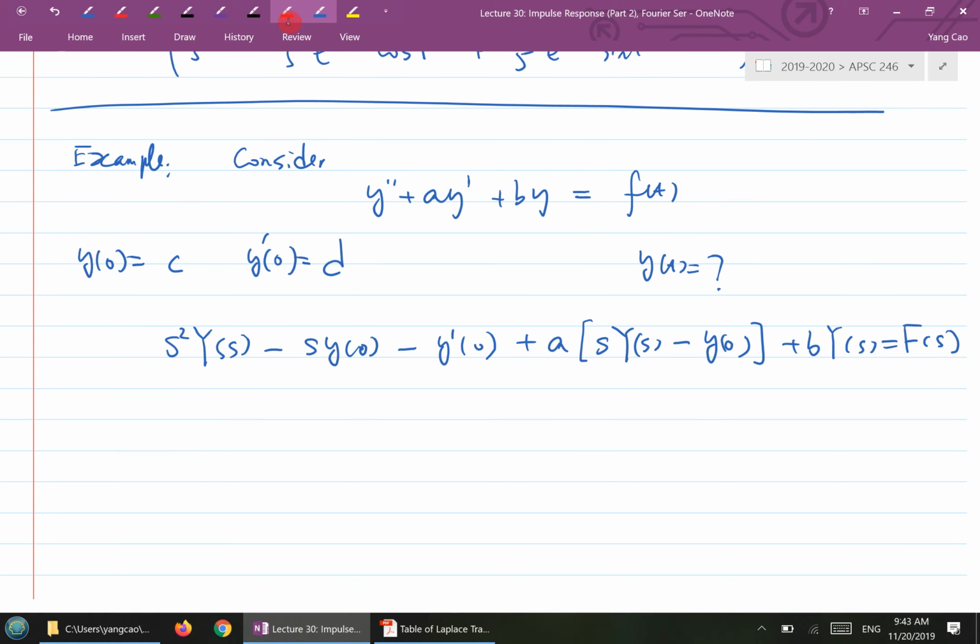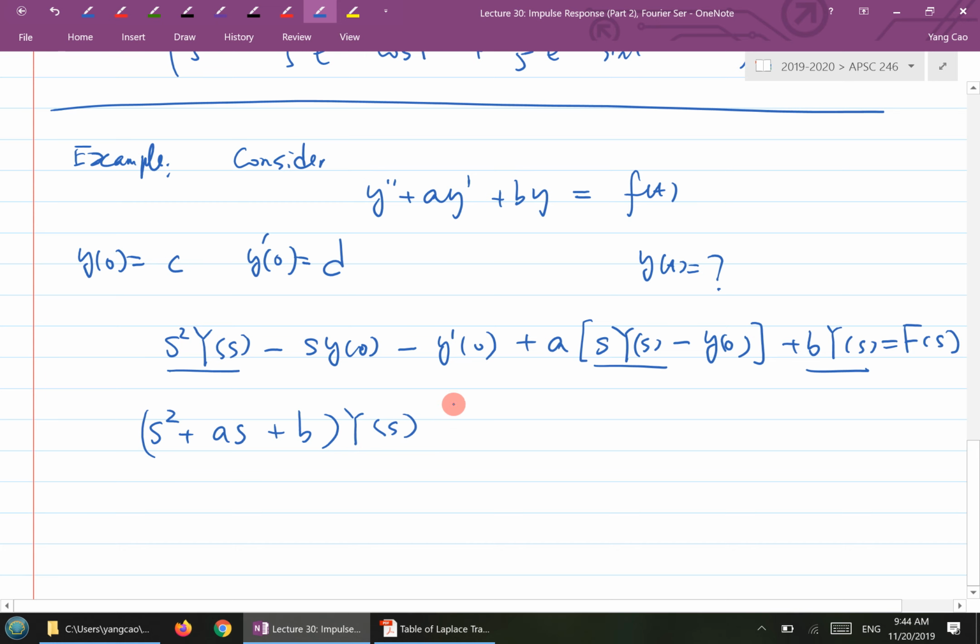Now we're going to group similar terms. Group all of the Y of s terms. We get (s squared plus a s plus b) Y of s, and then minus all of the other terms associated with the initial conditions,